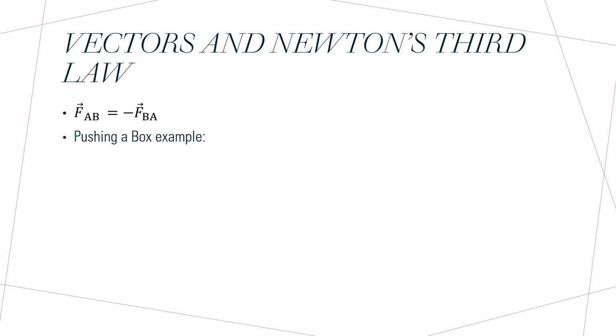Another concept that we started to look at last lesson was Newton's third law. When we were unpacking that law, we came up with this little equation here that the force of A on B is equal to the negative of the force of B on A. I did draw up those forces and show how they were equal and opposite, but I will reinforce that idea again. So as an example, if we have, say, a box, which I'll draw up,